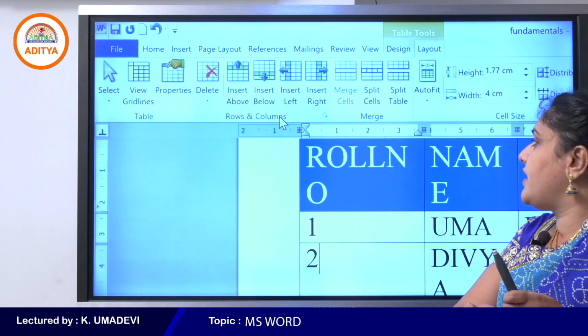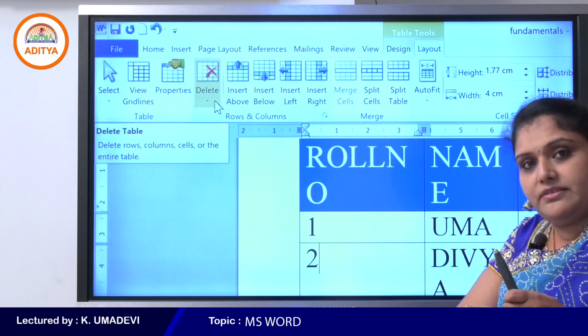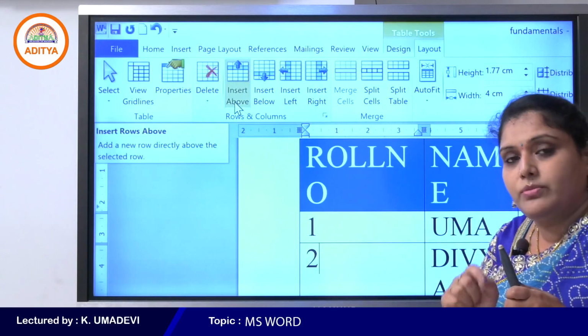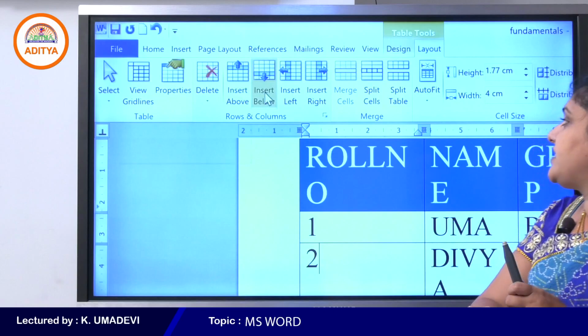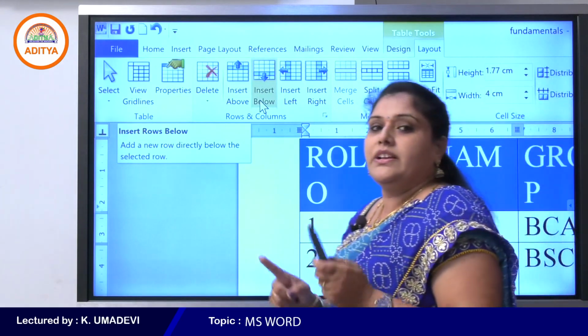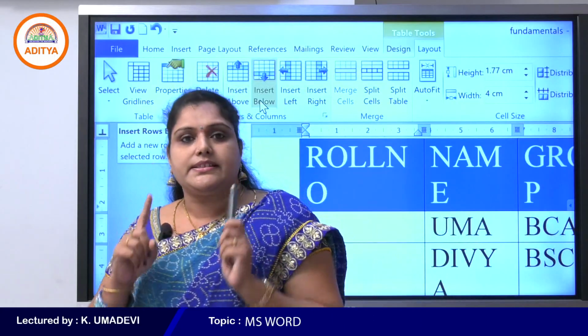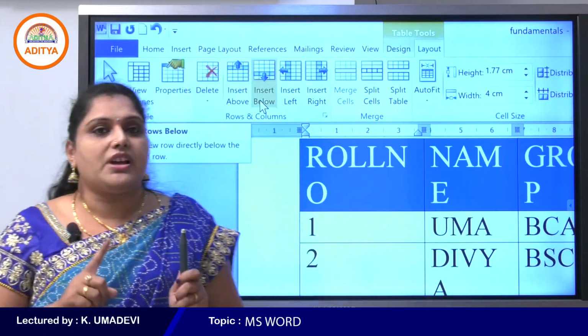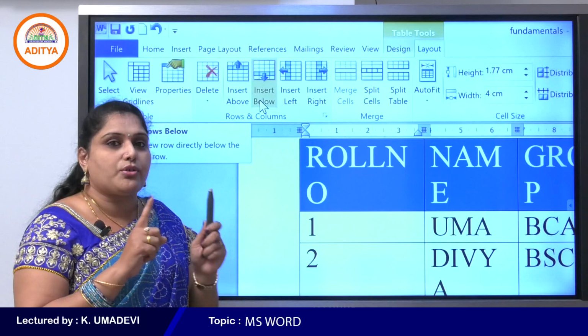So rows and columns group contains delete, insert above, insert below. These 2 commands are used to insert rows.